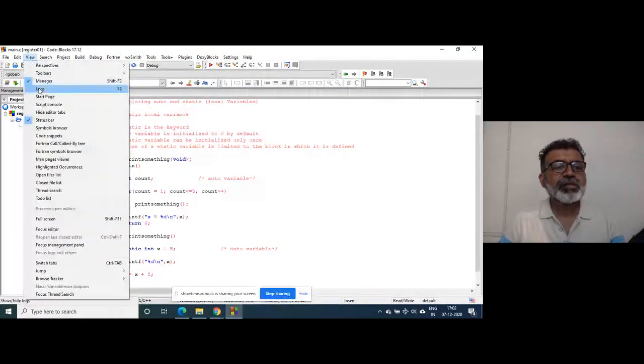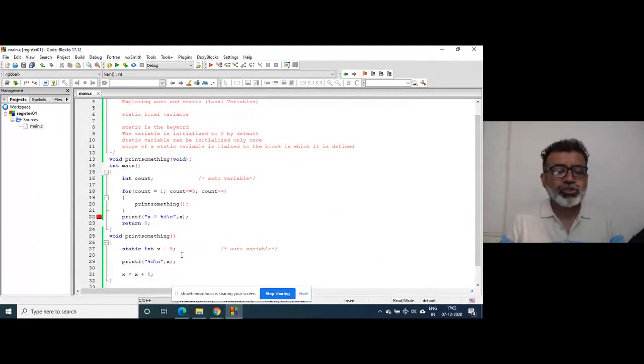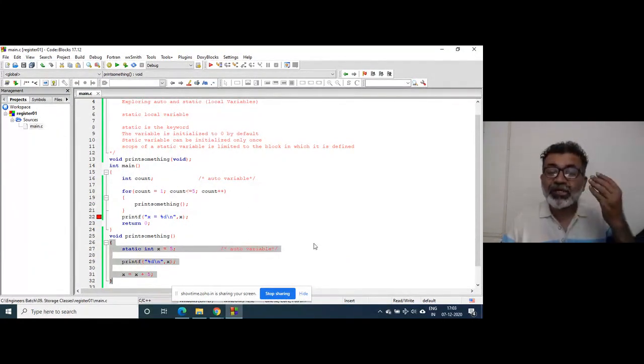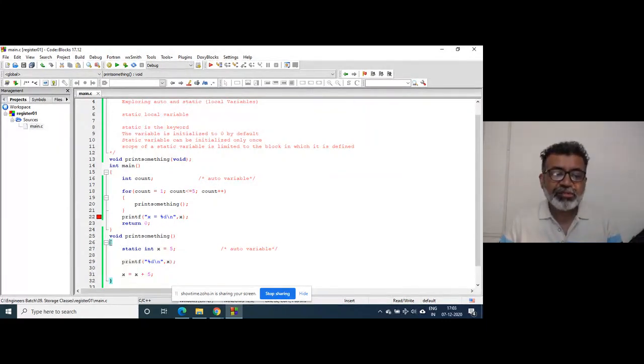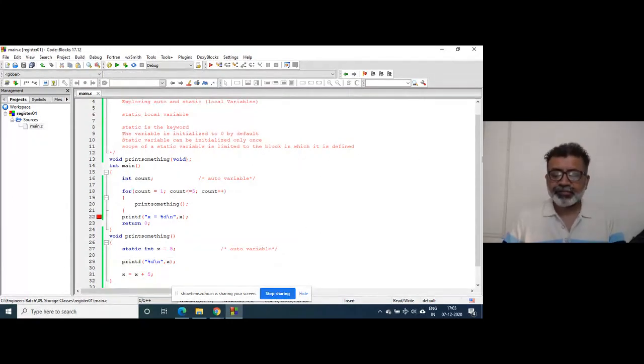Why? It will say x is not defined, because the scope of this x is limited to this function, since it has been defined inside this function.